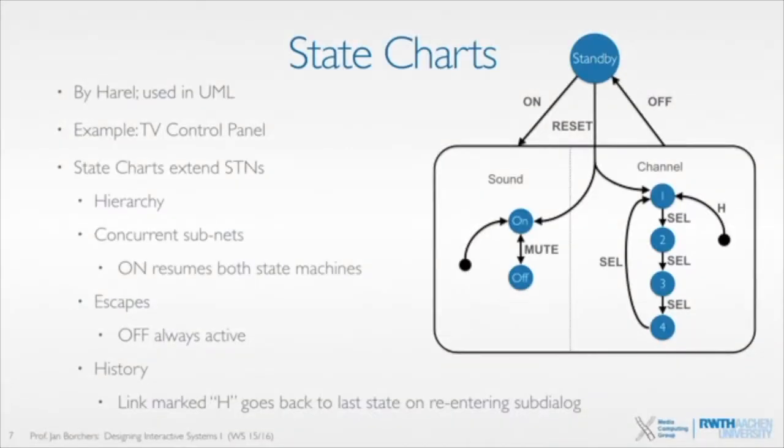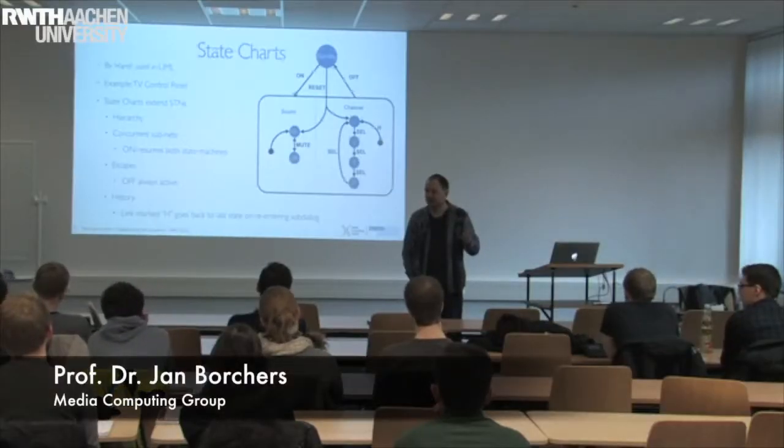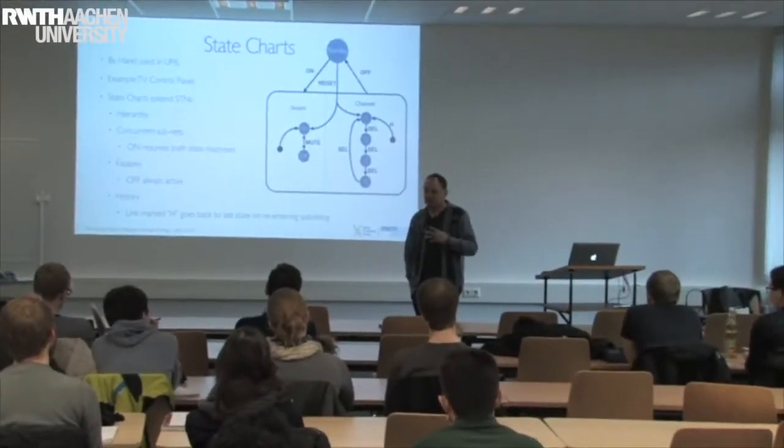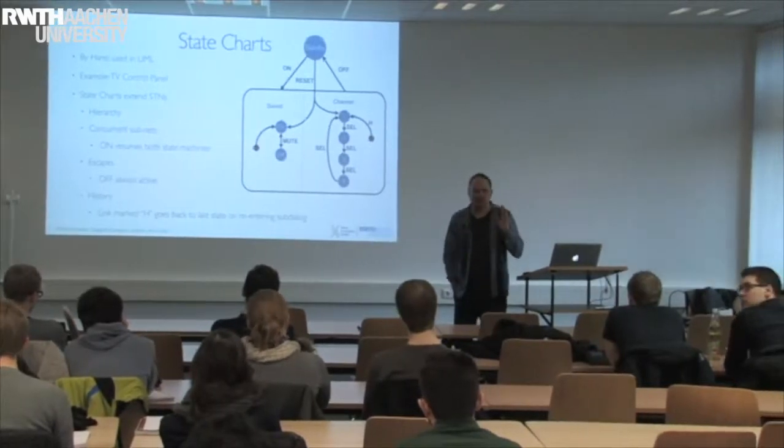So state charts are the next kind of representation you want to take a look at. They are also an improvement over STNs. They also deal with concurrency better than STNs. They are a little more practical than Petri nets, probably, because Petri nets are wonderful and clean as a notation,